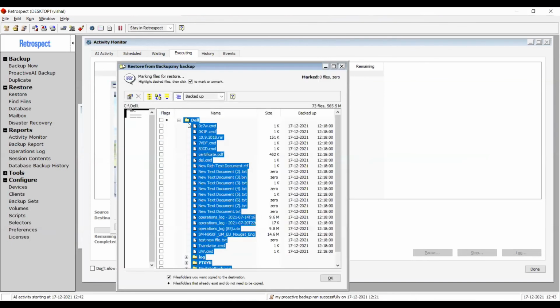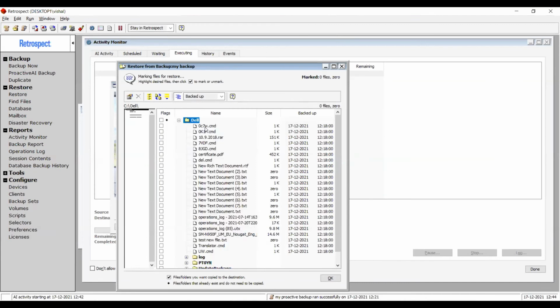Click select files, and I see all the files. So this is referring to the snapshot. This has nothing to do with how many files are backed up during which session. It is just a snapshot taken at a particular date and time. A snapshot is just like a picture of your source volume. It shows how your source was at a particular point in time. So if I want to restore everything, I can select and restore all 73 files.